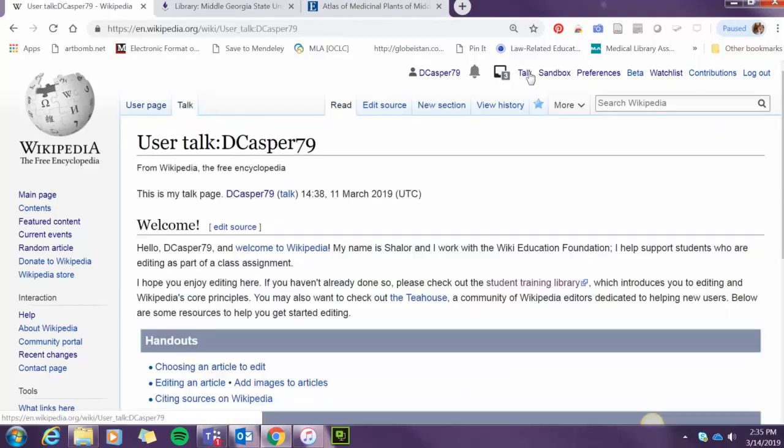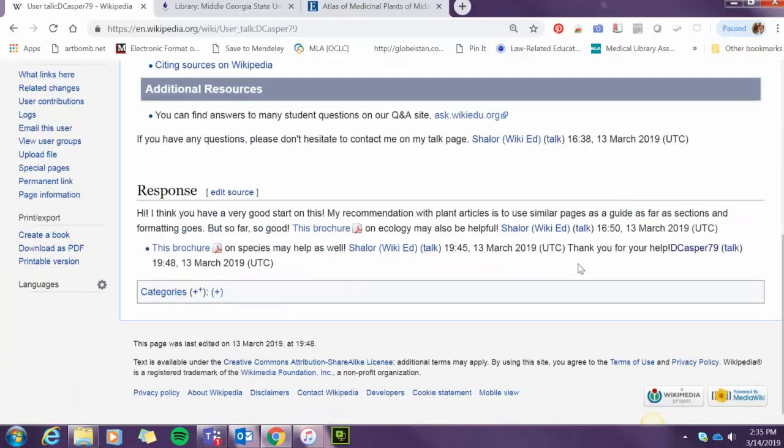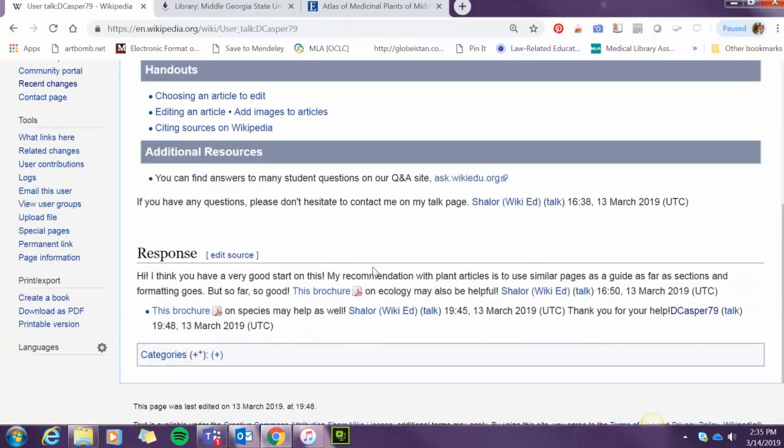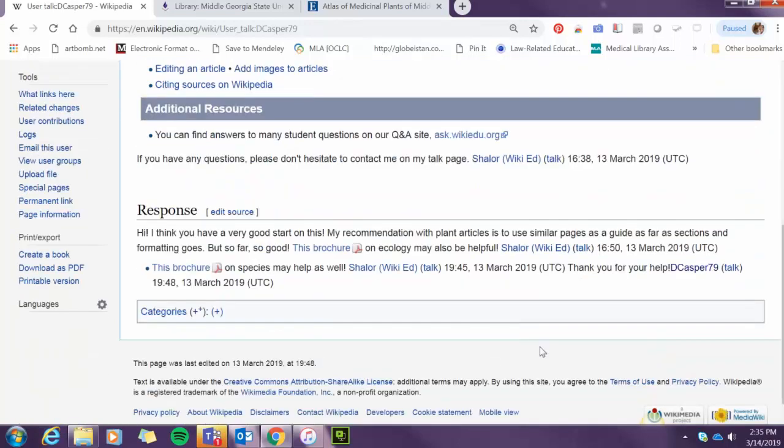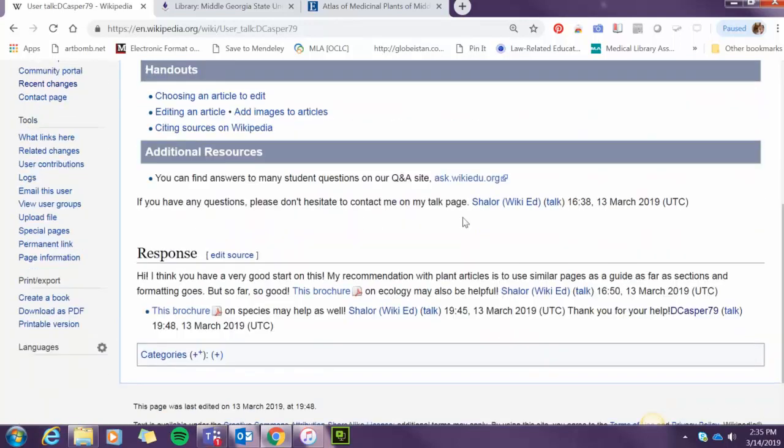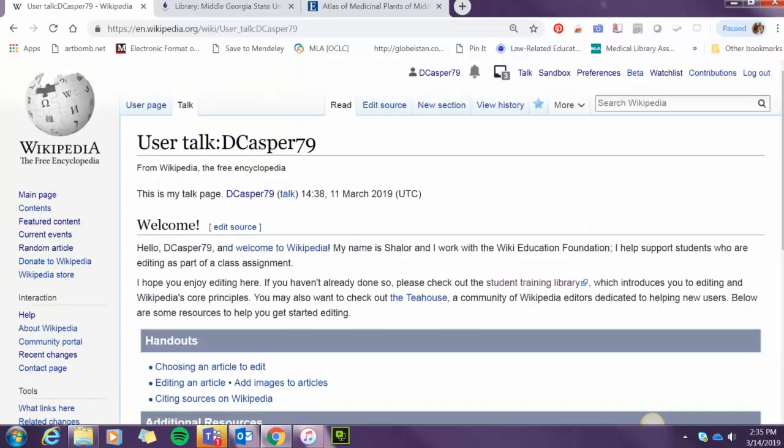You're going to see your talk page, which is going to be where you will get messages from other people. So if you ask a question to someone from wiki.ed, you'll get a response on your talk page.